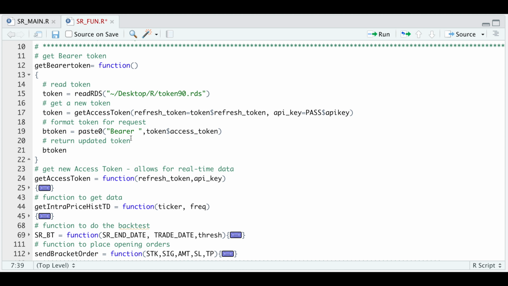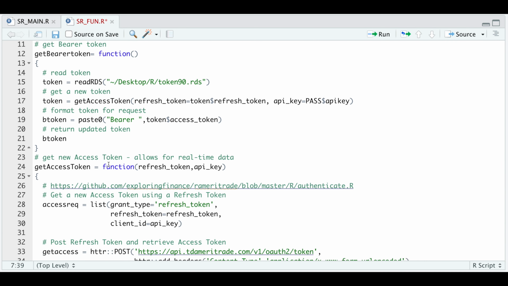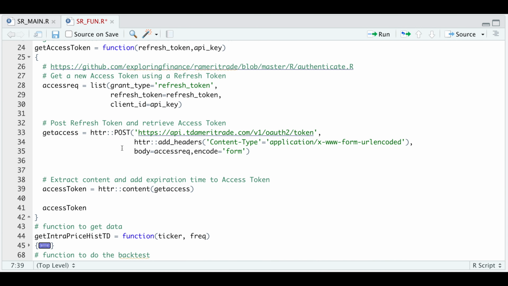We also need to create this get access token function, which is the very next one, where we just pass in our refresher token and our API key. If we open this up, we need to create a post request using this URL, attaching some headers, and then extracting our access token. These two functions work in conjunction and will be required in the following function to get